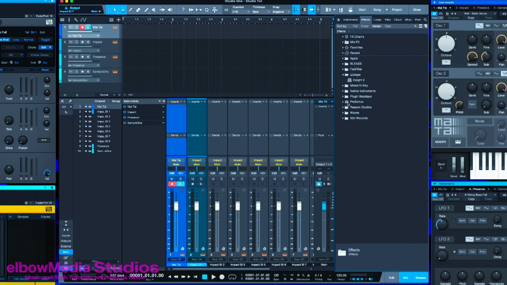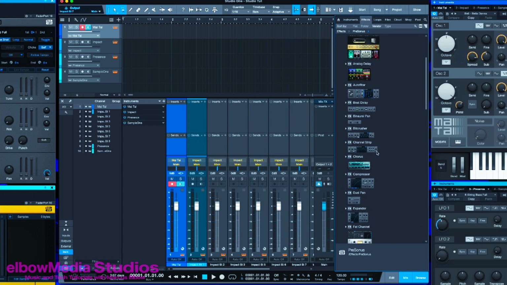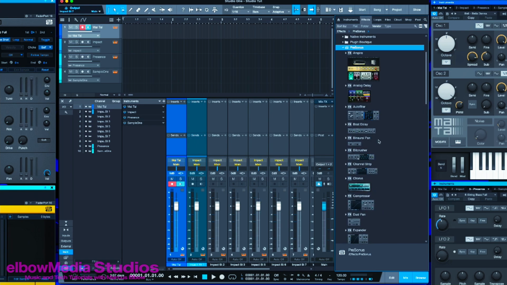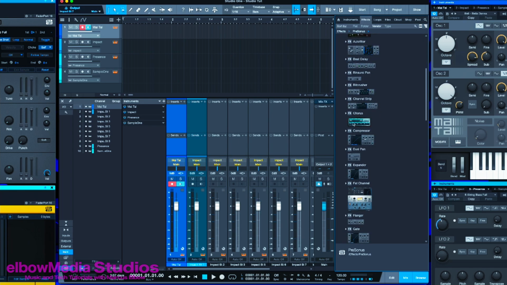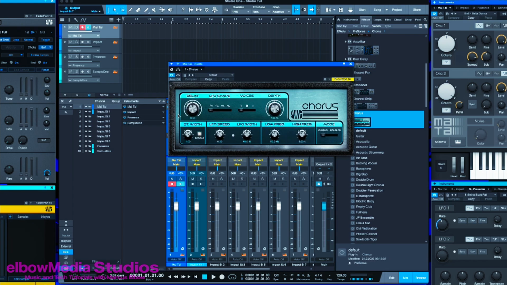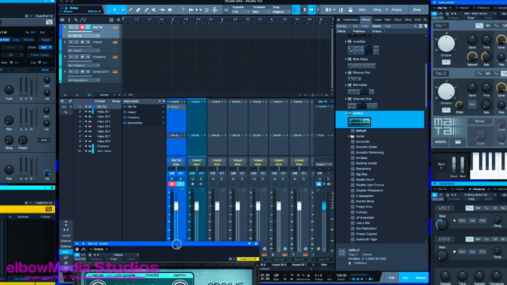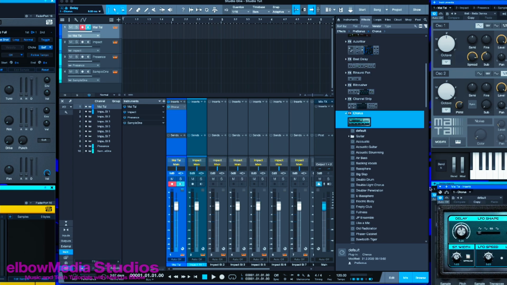I have my own plugins here, but if you wanted to, PreSonus has a lot of plugins that come with the Artist Edition and the Professional Edition. So you can just go in and, let's say if we want to grab the chorus here, we can just grab the chorus and just drop that into the insert that will pop up here. If I wanted to, I can just kind of put it over here somewhere. And if I play that again,